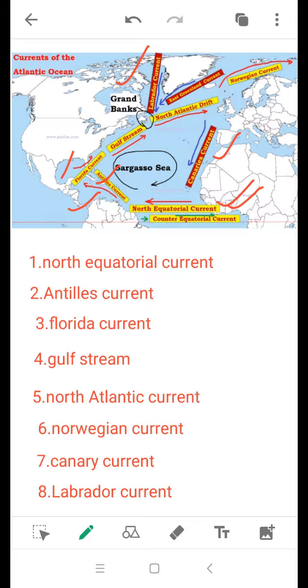We see that there are large number of rivers which pour their water in the Gulf Stream, so the water quantity of Gulf Stream increases so much. Then the Gulf Stream reaches up to 40-degree latitude, and we know that at the 40-degree latitude we have the influence of westerlies. So in the influence of westerlies, the Gulf Stream moves towards the east in the name of North Atlantic Drift.